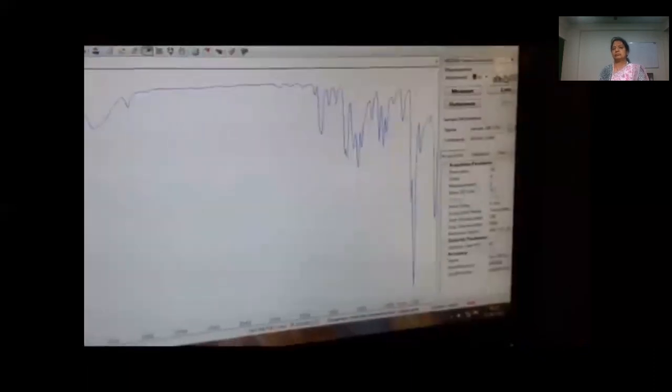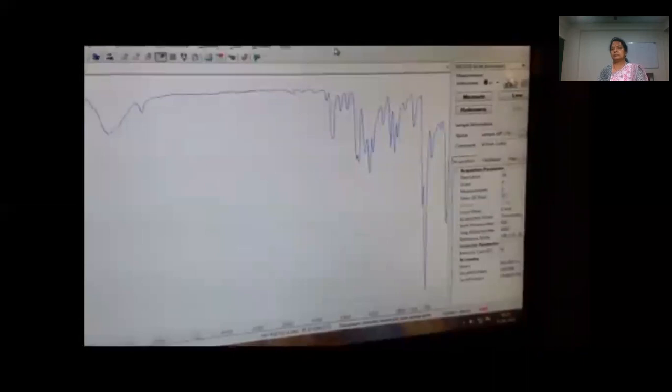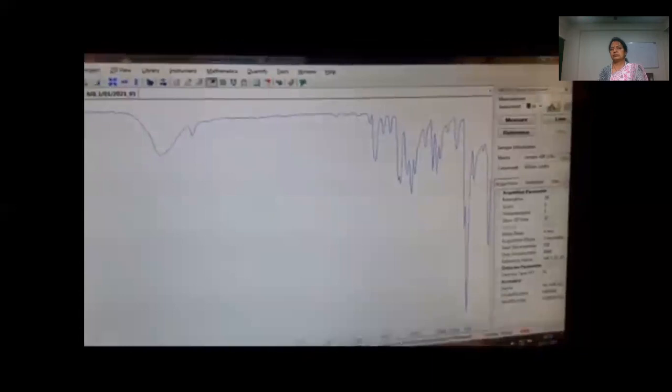Here I had used a solid sample. Okay, next I am going to take the spectra of a liquid sample. This is the ATR spectra, independent of sample size, material and shape of the compound. So it is a very useful technique and it will take less time and is more sensitive than our earlier used KBr pellet and Nujol technique. So it is very useful.